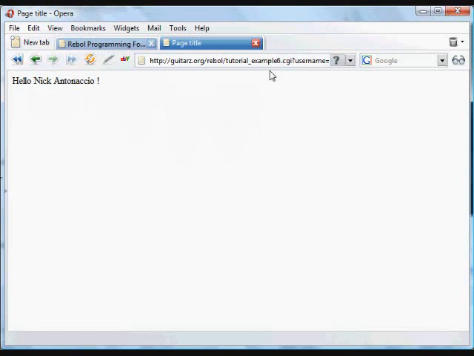That goes to another page. It points toward the action button, points towards this tutorial example 6.cgi. That tutorial 6 CGI decodes what's been typed in, what's been sent to it, receives that data, and assigns it a variable and allows us to do something with it, which in this case we're just going to print hello, my name. If I go back to that page and type in something else, if I type in John Smith,